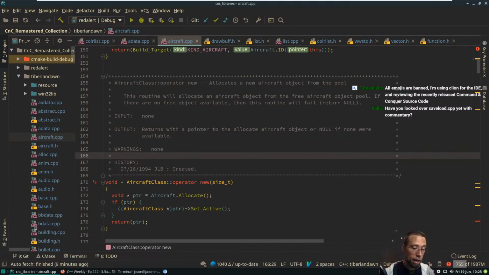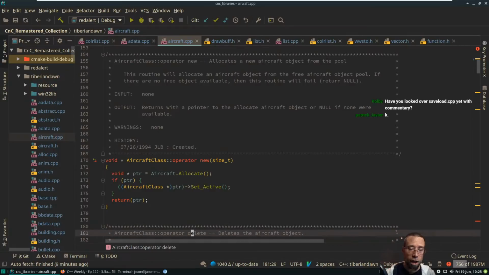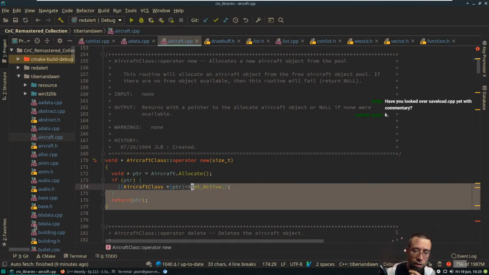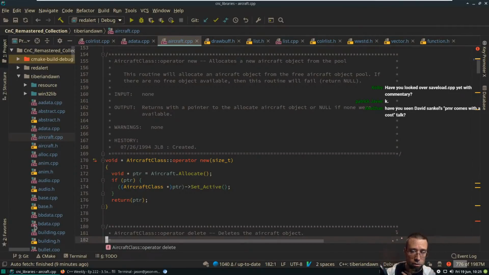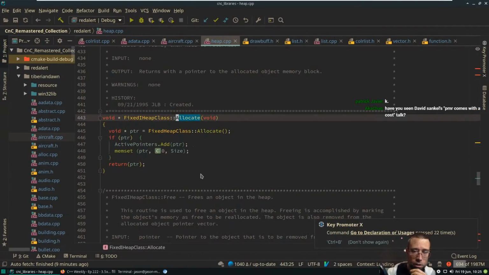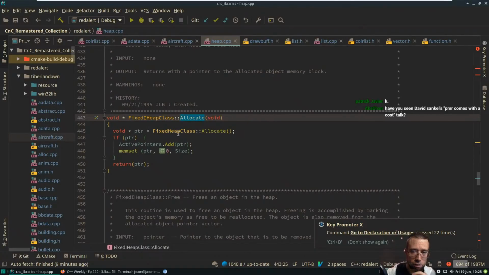So yeah, again, all the same exact goal. I find it interesting that they were doing this operator new overload. Like I said, I've never done this in real code, but in personal code, but what they did makes sense. So let's look at their allocate. They have their fixed heap class, so they've got some big heap, and they're going to allocate